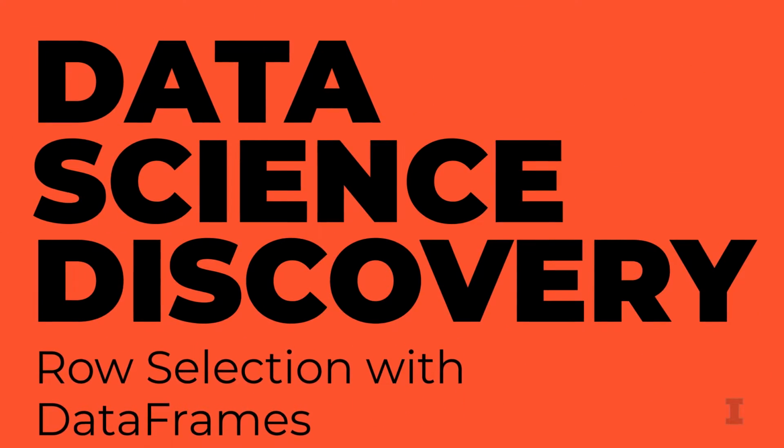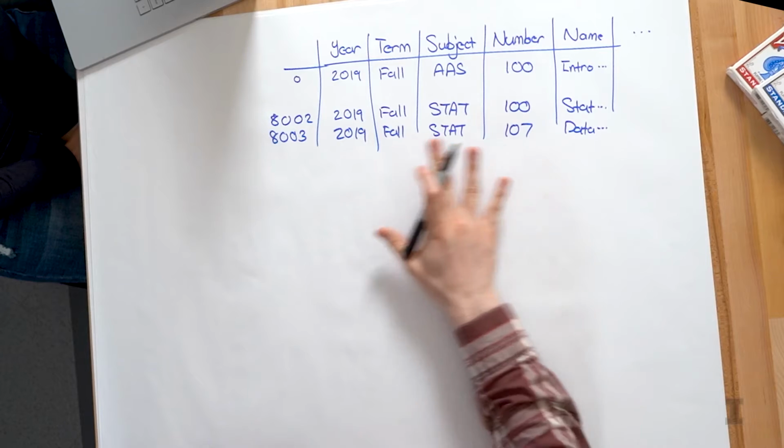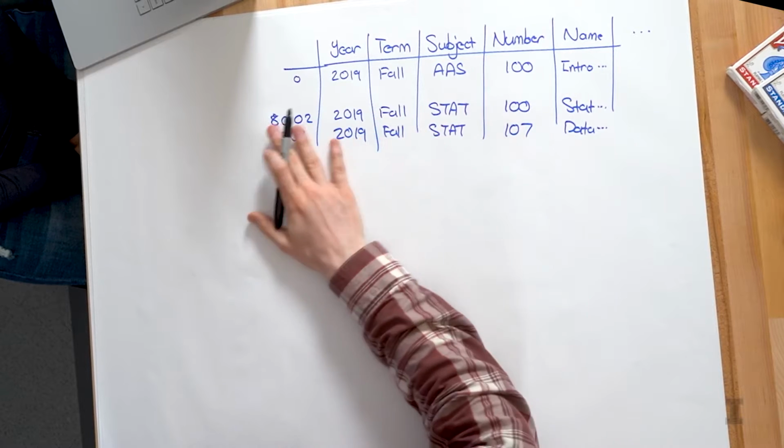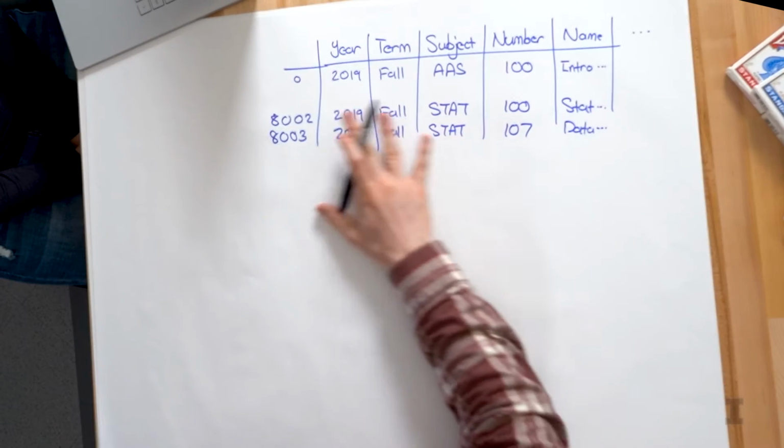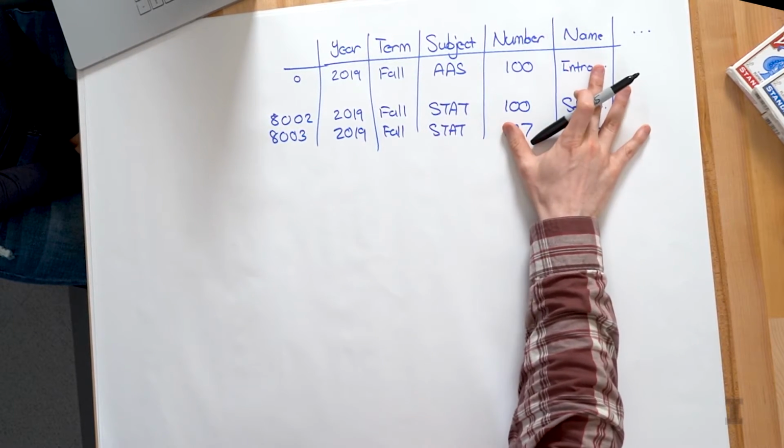Today, we're going to look at how we select a subset of the observations that we have in our data set and be able to look at and narrow down just some subset of those observations. That sounds great. So we can basically grab the rows that we want. Exactly. So this is going to become something that we're going to call row selection. And this allows us to select just a subset of the rows based on features of the rows themselves or based on features of the data set.